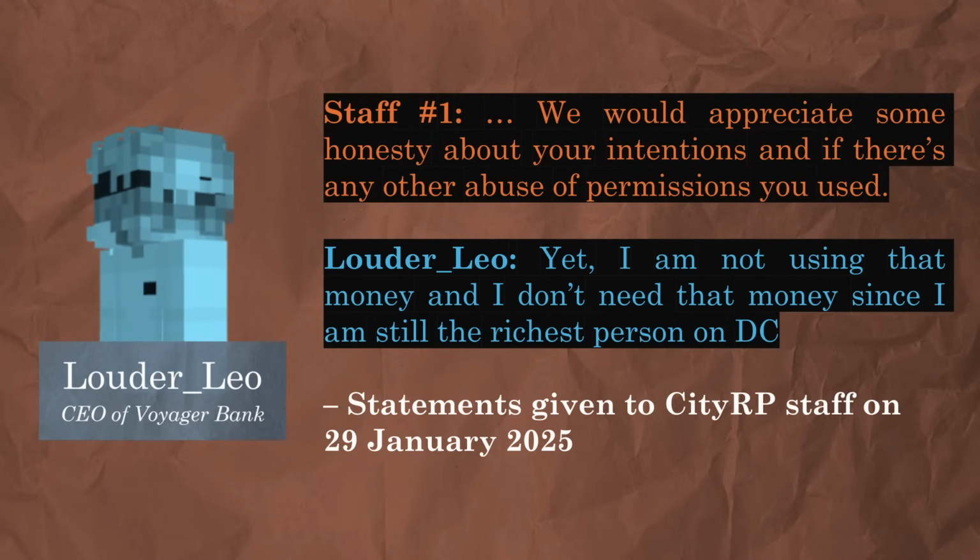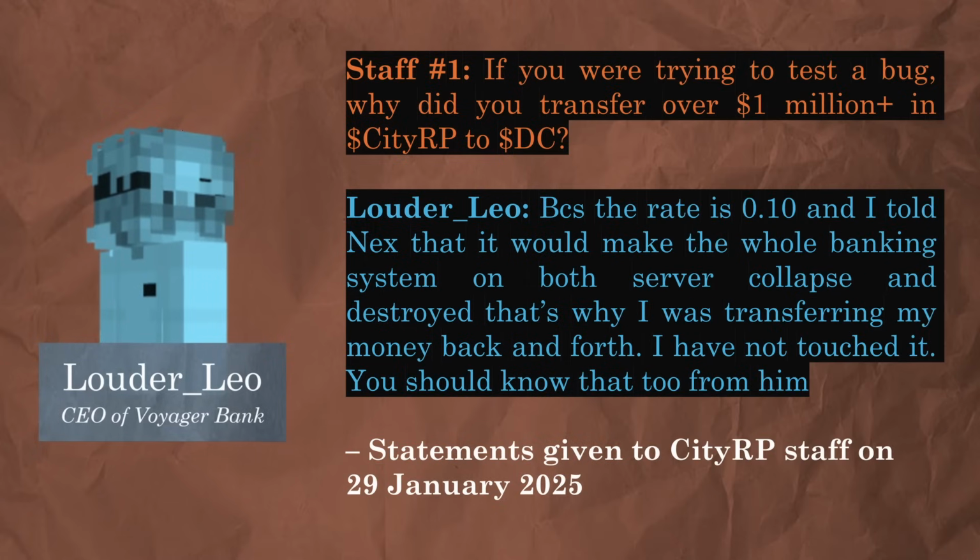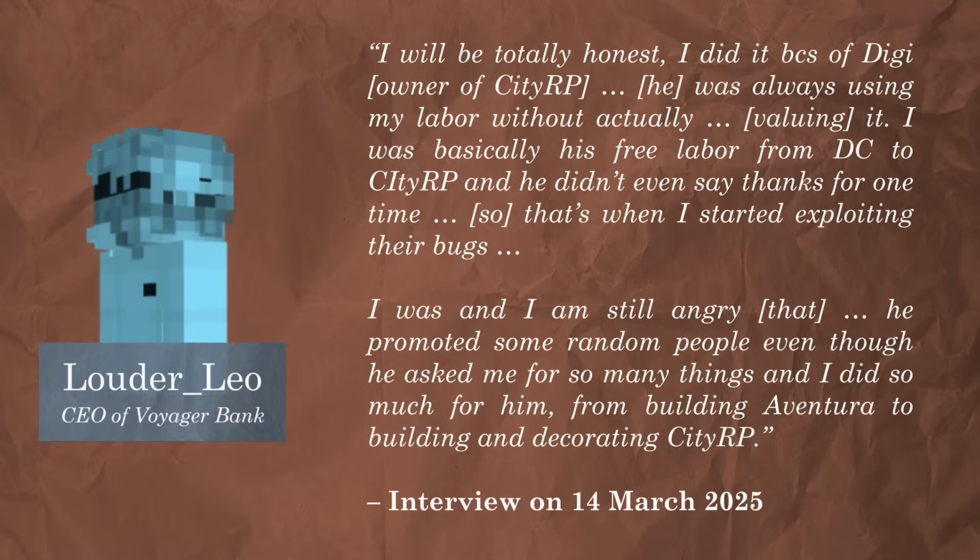Instead, he stated that, as a security researcher, he was simply testing bugs on the server. He claimed that his deposits and back-and-forth currency transfers were done to prevent the wholesale collapse of DemocracyCraft and CityRP's banking systems. In a subsequent March 2025 interview, Laudaleo explained that he had done this out of anger, as he felt his contributions to the server had been taken for granted. He said that the laundered money was eventually returned to CityRP and that none of it was used by Voyager